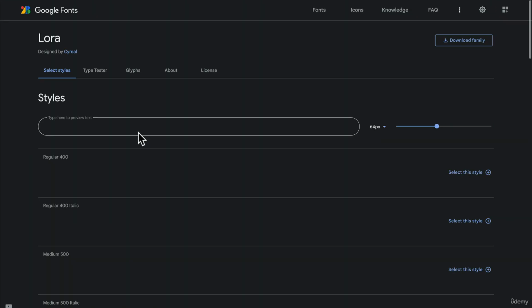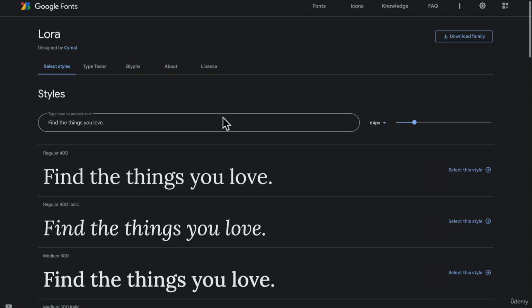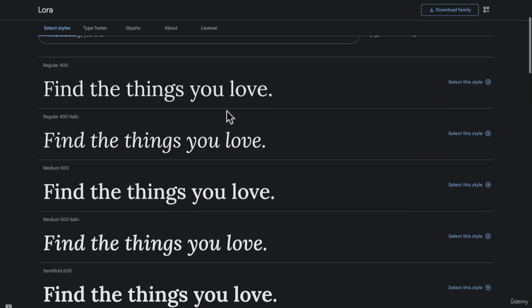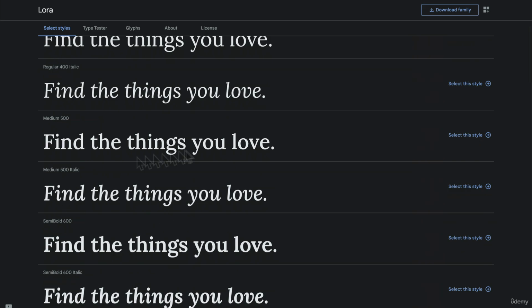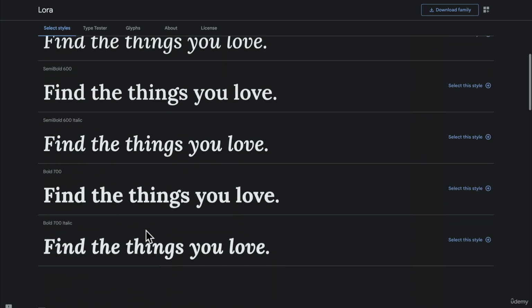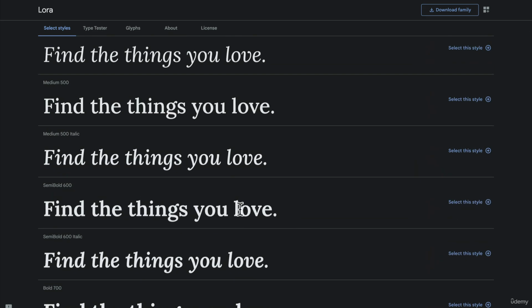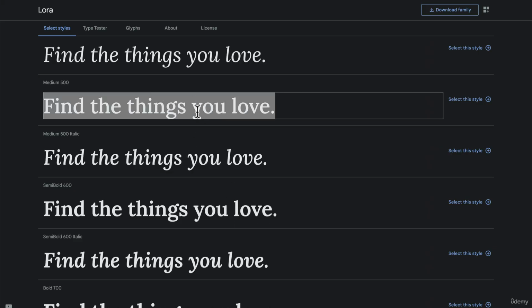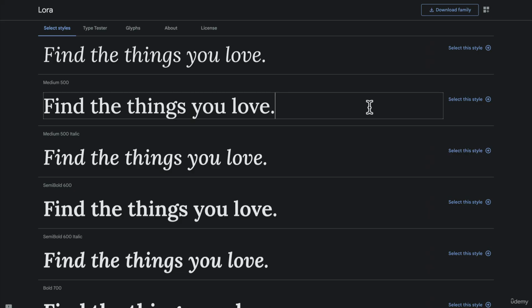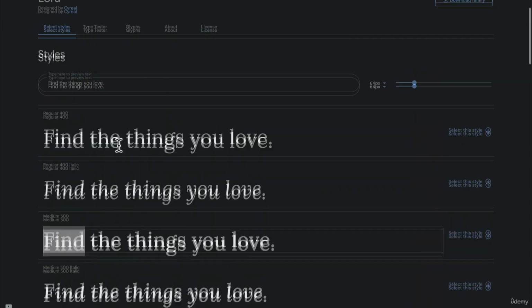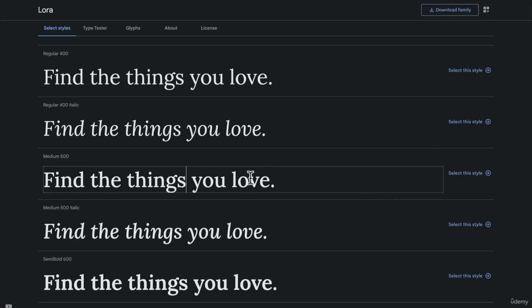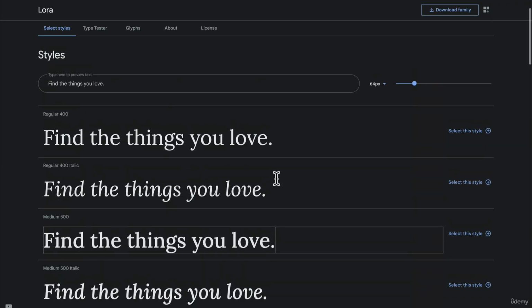I do really like Lora. Lora's also a variable font. It has a bunch of different styles. So we have the regular, medium. We also have semi-bold, bold. And I think maybe we would use something like semi-bold for a lot of things, or medium. Really nice font. It's a little chunky. It kind of gives that old style reading, and just traditional headlines that you would find in a newspaper or something like that. So I'm actually really, really liking this font, and that's something I'll probably bring in when we start